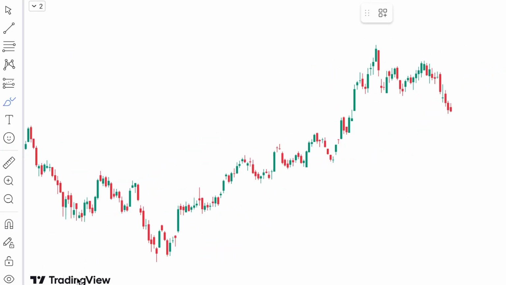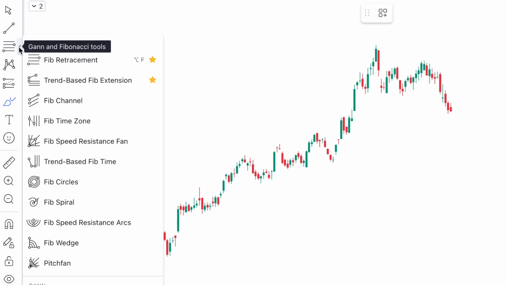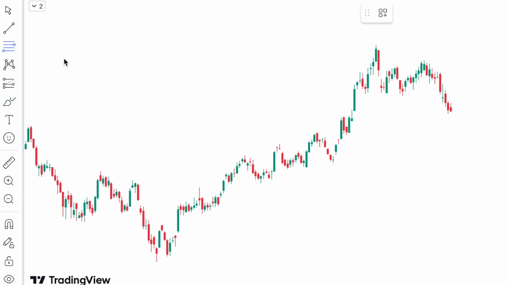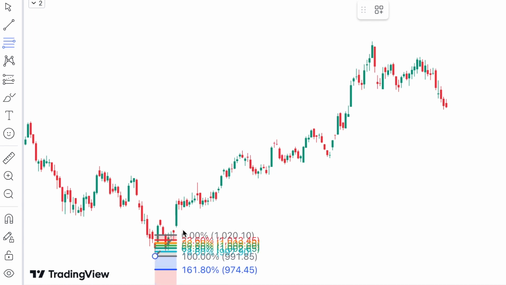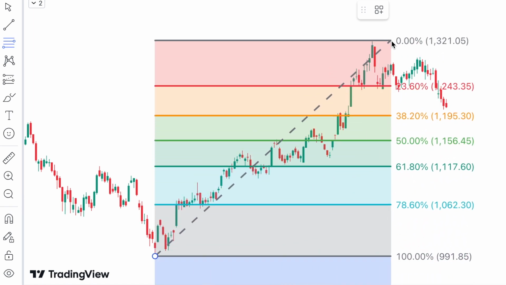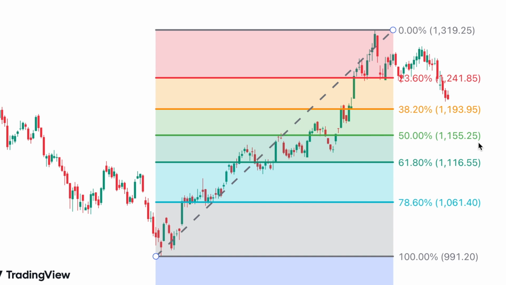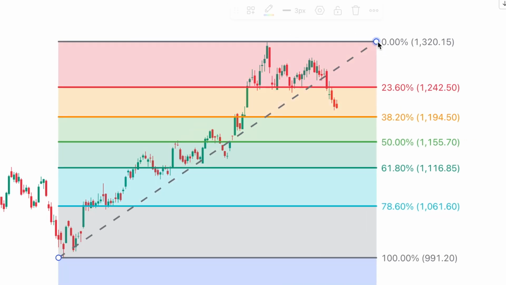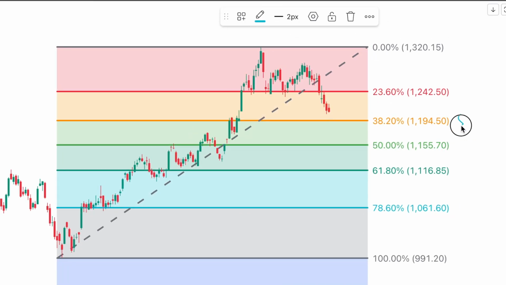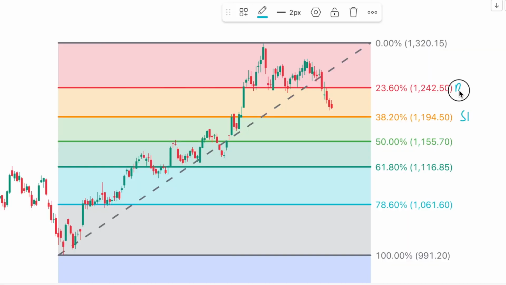So here I'm using TradingView, and on the left corner you can see from the top it's the third option, super easy to find, right? So we are going to select this tool here and we are going to apply this to an uptrend. Start at the swing low and drag it all the way to the swing high, and that's it. You've got these Fibonacci levels plotted on your chart. So even if you follow a different strategy, you can use these levels as support or resistance for your stop